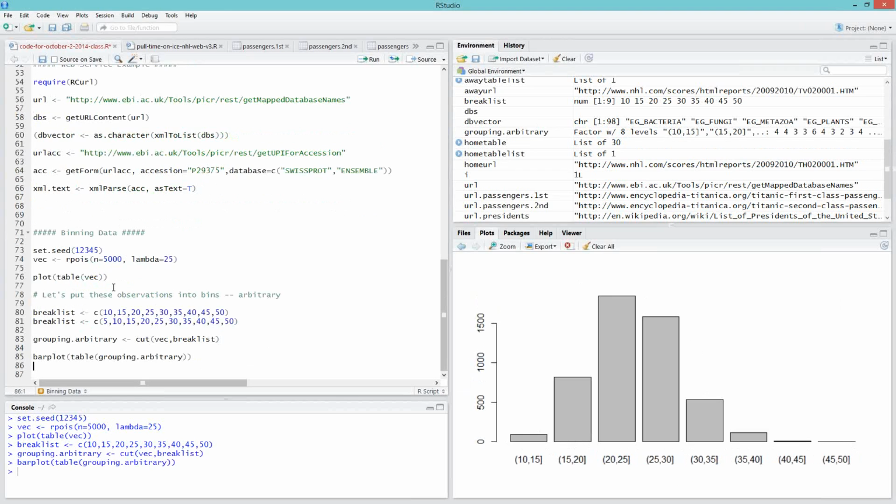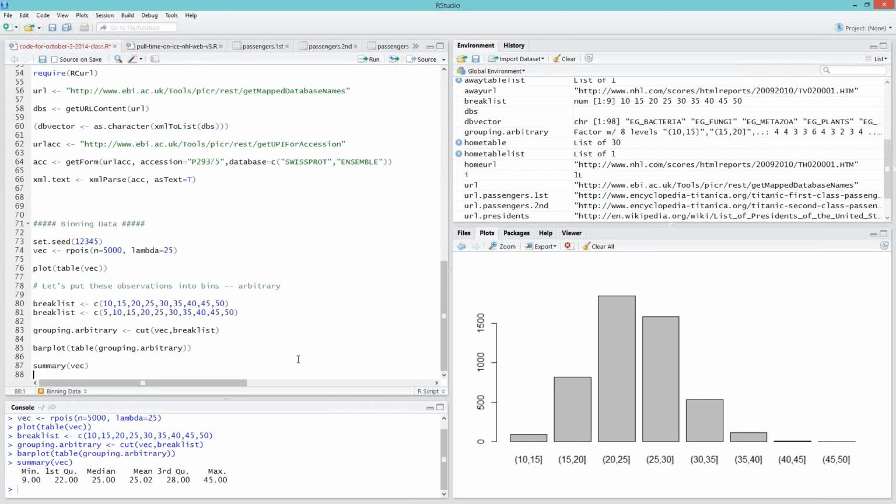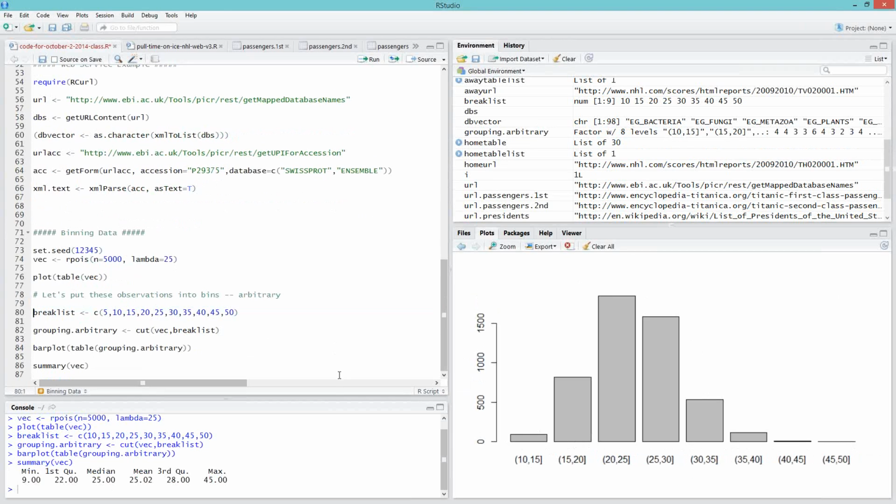But we should be careful, because if I run a summary on my vector, the minimum value is 9. And 9 is not getting included in this plot, right? You can see that in the plot, the minimum value is 10. So you got to be careful that your list of breaks includes all of the values. So I've got a minimum of 9 and a maximum of 45. So knowing that, I can set up my breaks